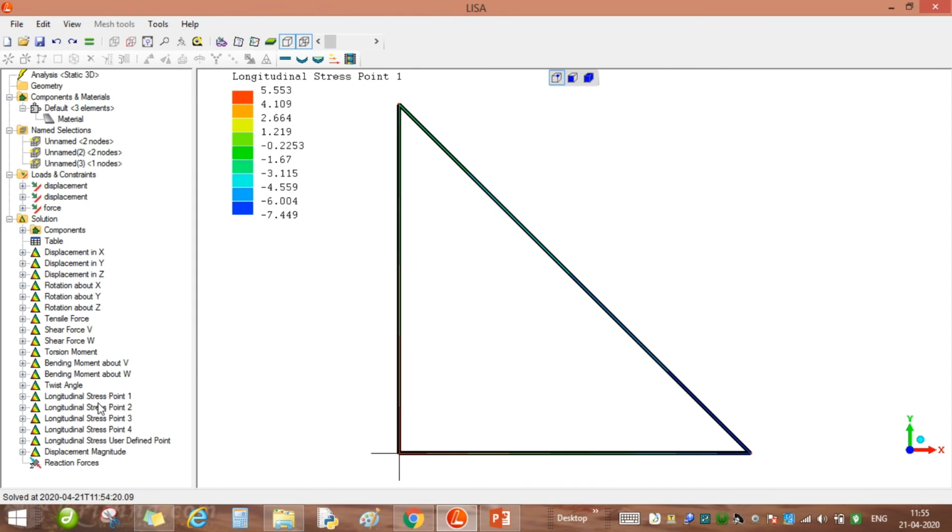So here the stresses will remain the same whether we see the stress at point number 1, 2, 3, 4. We can specify any point if we want to find out the stress at that point. So these are the total displacement, resultant displacement, maximum displacement at node number 4 is 0.4 mm.